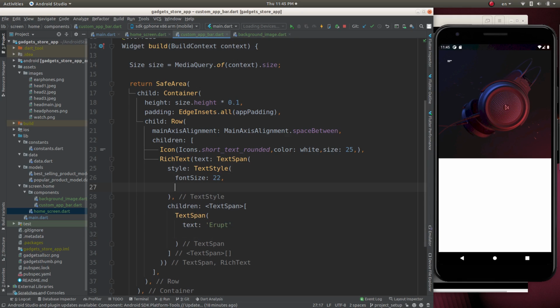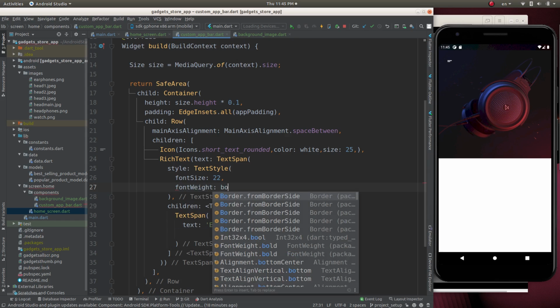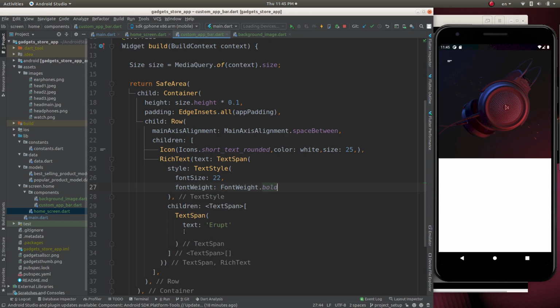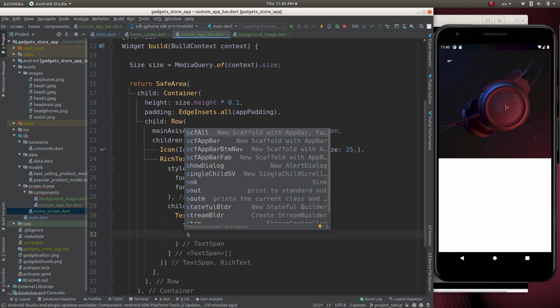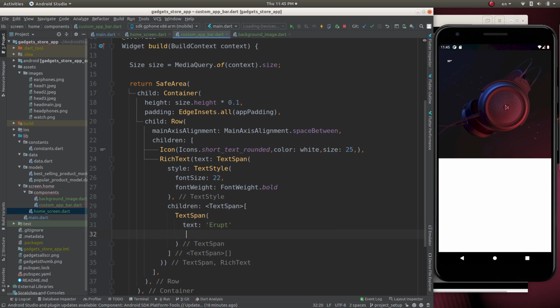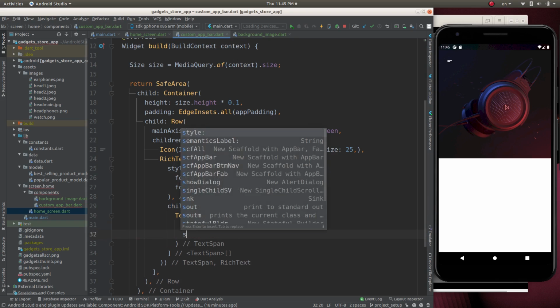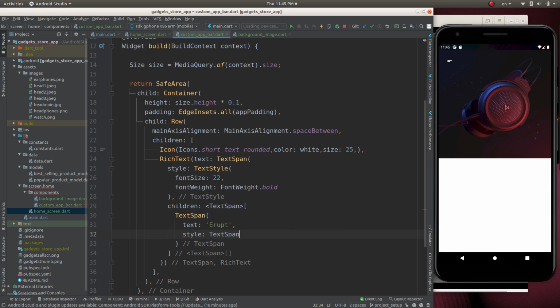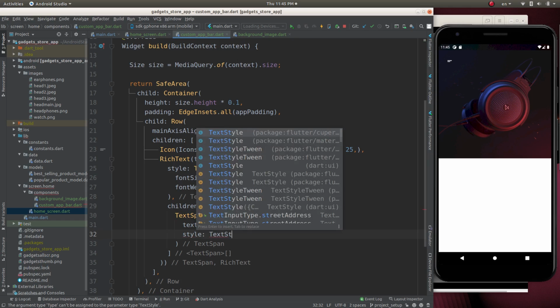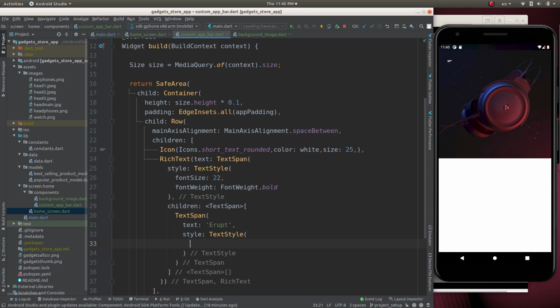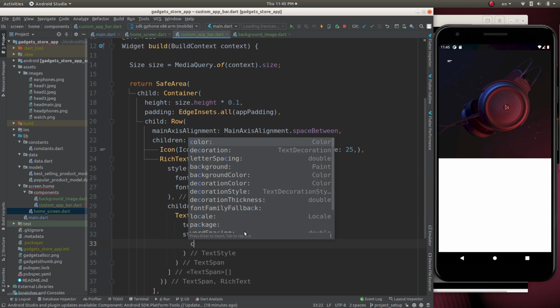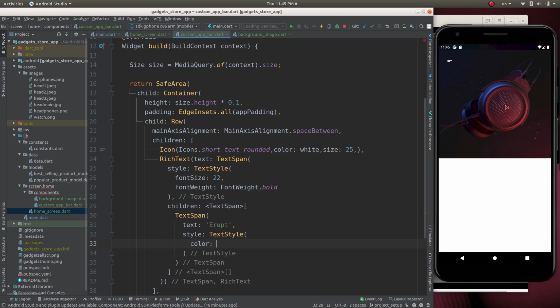Okay, here just bold to font weight and it as bold. Here let's change this to style. Okay, forgot to put the comma here. Style, text style, text style, and let's have a color yellow. Okay,